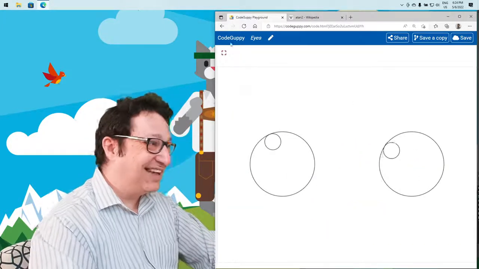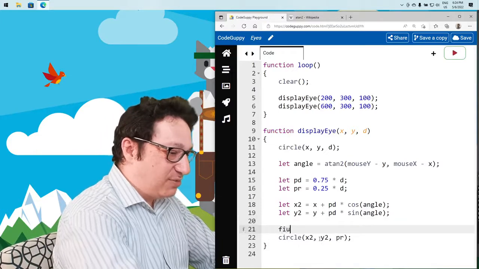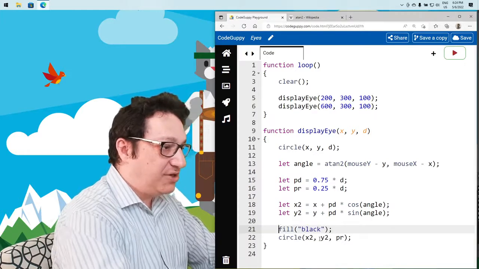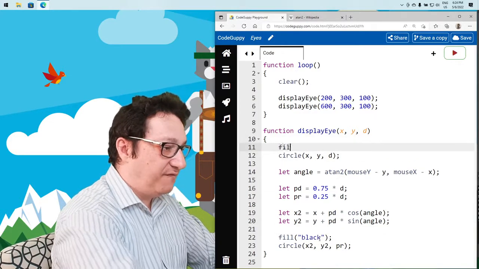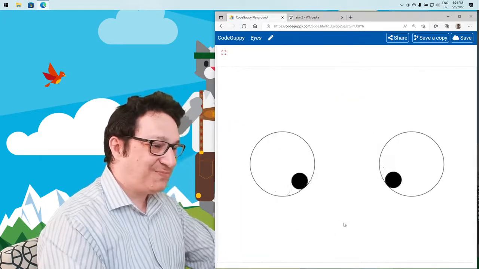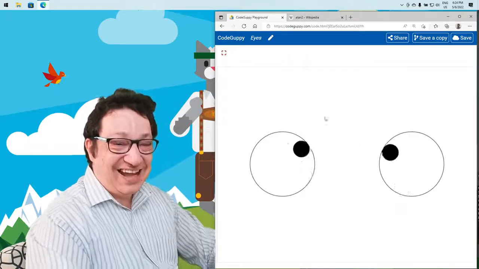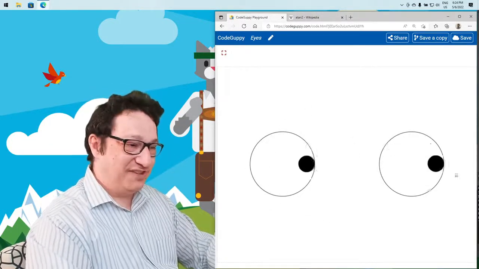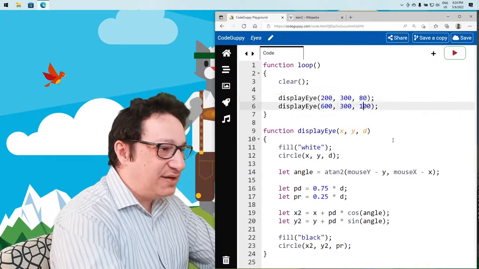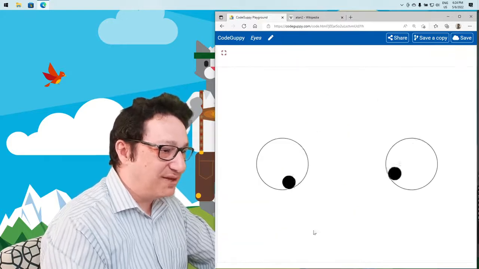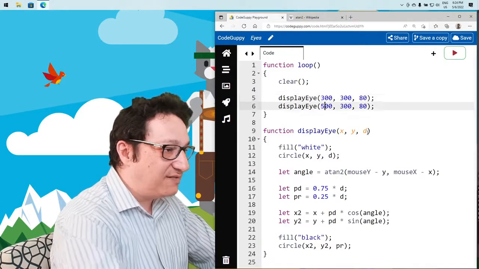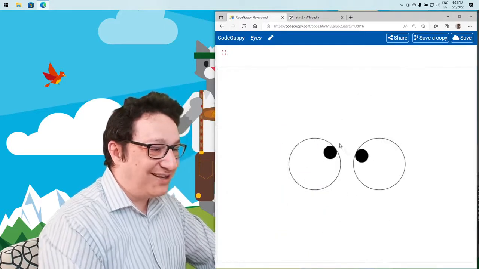All right, let's fill this up. So this one will be filled with black, and initially when we draw the eye, let's have this one filled with white, and run it. And this is exactly what we intended to achieve here. Now we can make this even more fun if we want. Let's try to make them a little bit less big, like this, and maybe get them closer. 300, 500. They're too far away. Okay, I like this